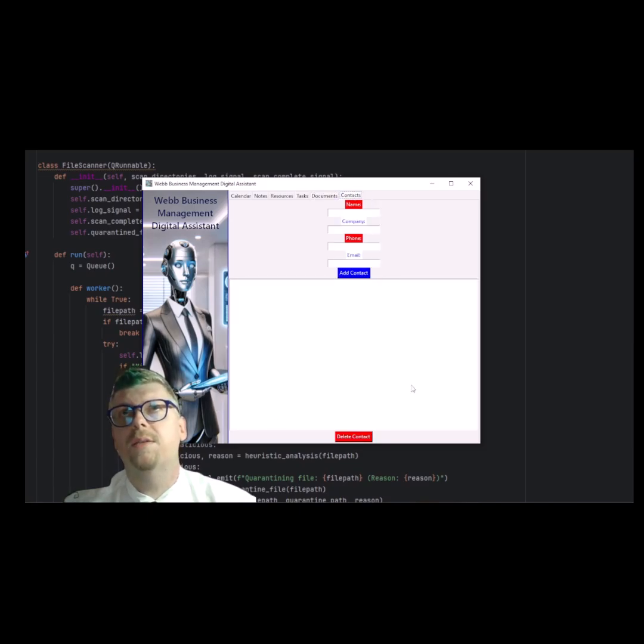And then contacts is pretty basic. This is just where you would add in your various business contacts and make sure that basically now you have a single resource for everything. It's your calendar, it's your notes, it's your daily tasks, it's your documents, it's your contacts. It helps keep everything organized in one neat little spot, so that way you aren't running into a whole bunch of